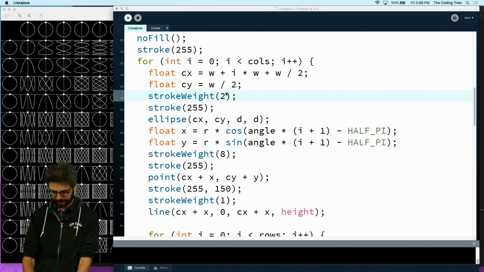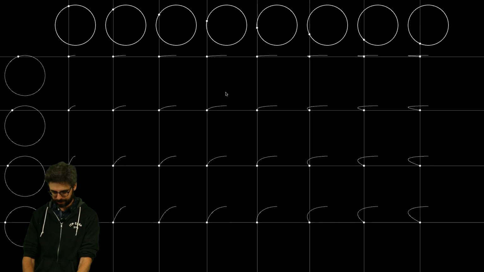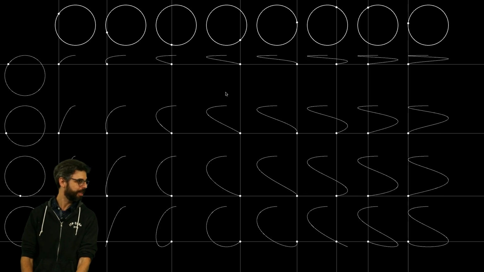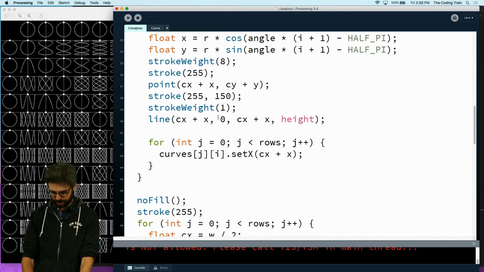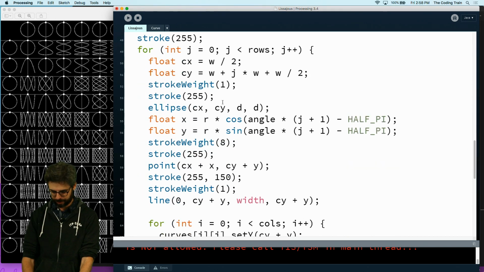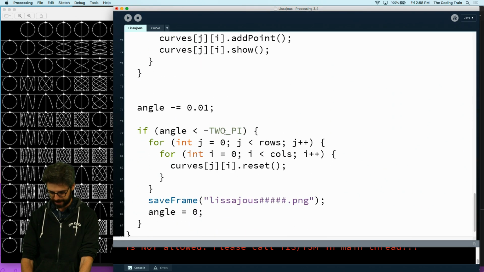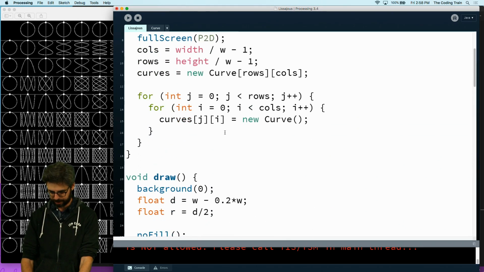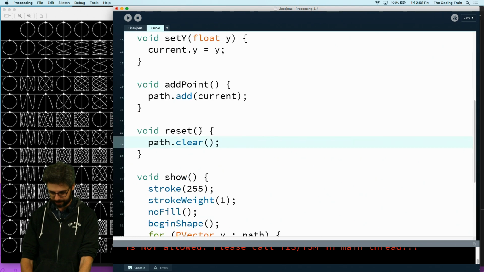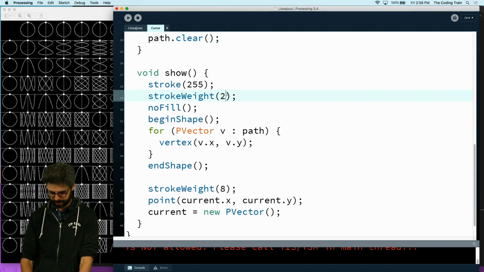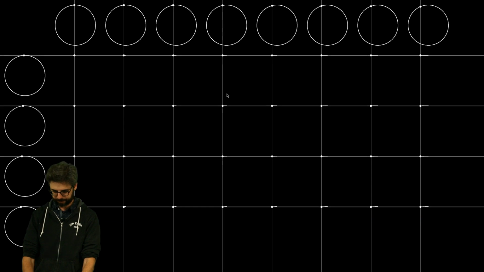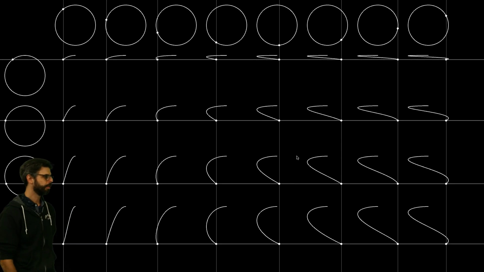I'm just curious. Oh yeah, that's nicer, I think. Stroke weight 2. Because I only have an hour. I have to go at 4. I have a thing downstairs, and I really want to talk about Mastodon, but I really wanted to do this. So I'm going to. Yeah.